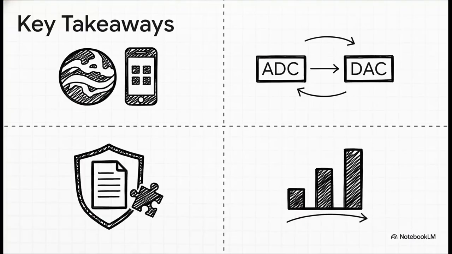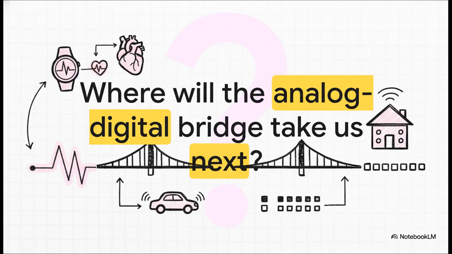All right, so let's just quickly recap the big ideas here. First, our world is analog, but our gadgets are digital. Second, to bridge that gap, we absolutely need those translators, ADCs and DACs. Third, we do all this because digital is tough and reliable, even if the translation itself is imperfect. And finally, the key to a better translation, a better experience, is higher resolution. More bits means higher fidelity. Simple as that.